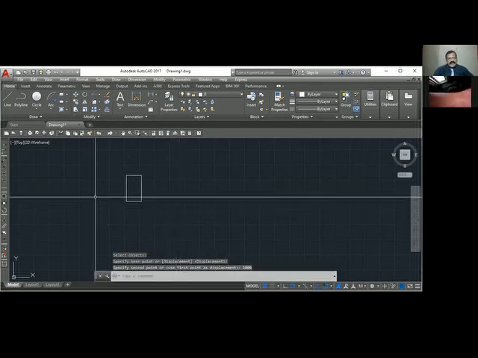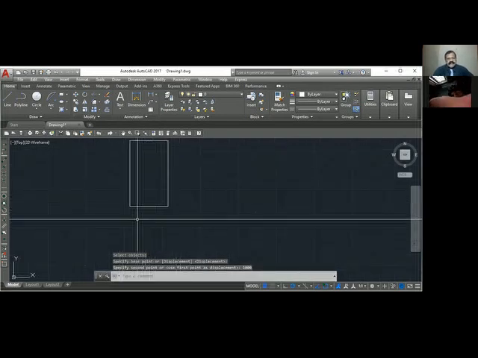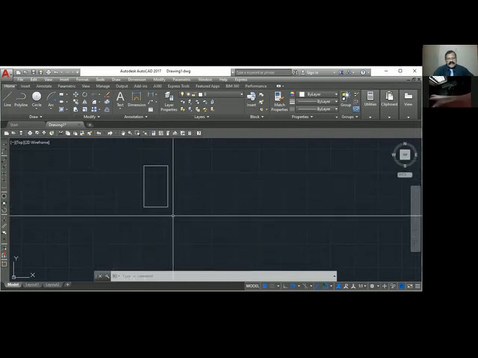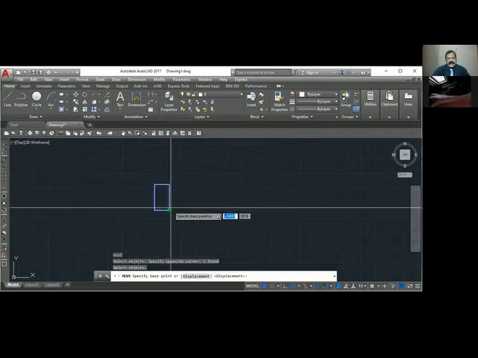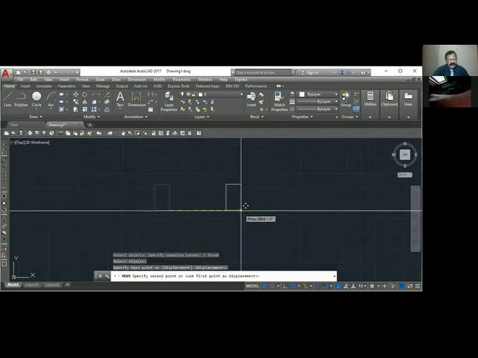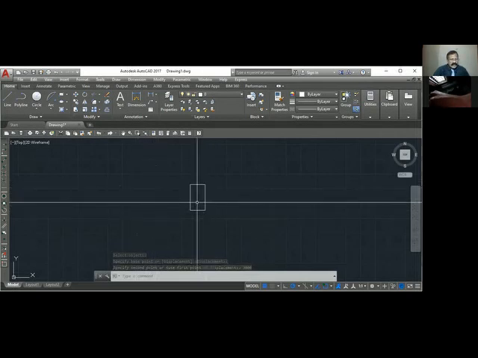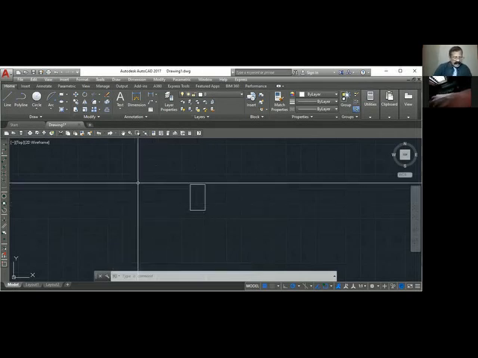And so it moved 1 meter from the original position. Move, select object, base point, second point, say 3000. Enter. So it moved 3 meters from the original point. So the move command is used to move an object. And what are the steps involved?